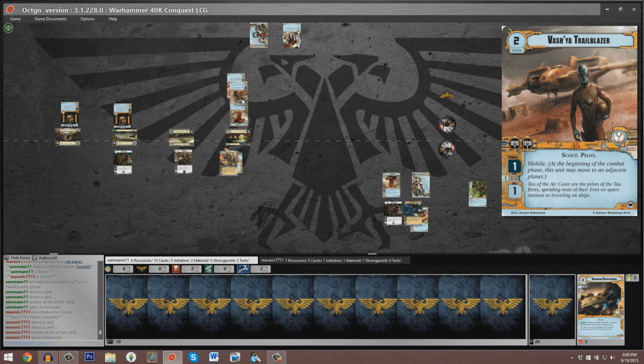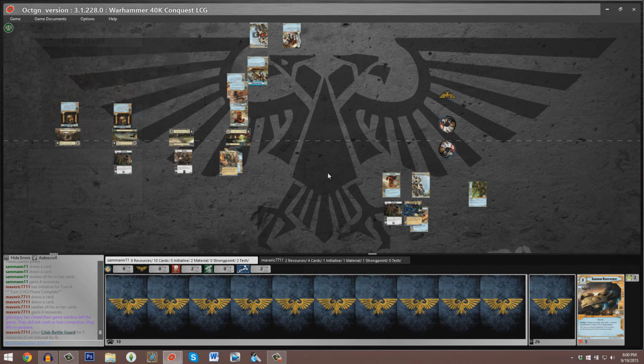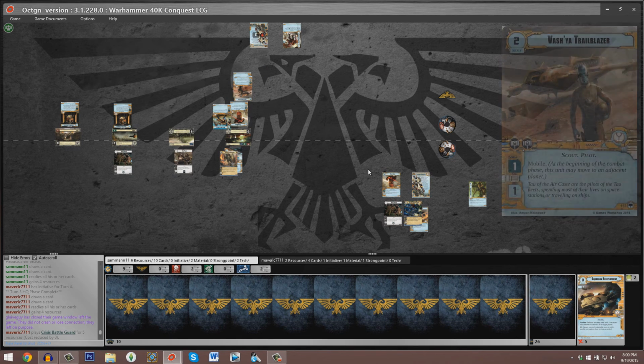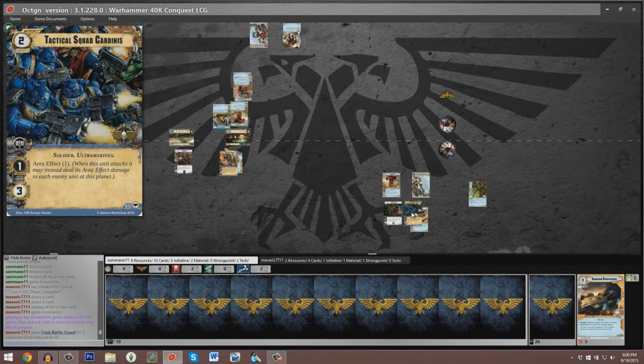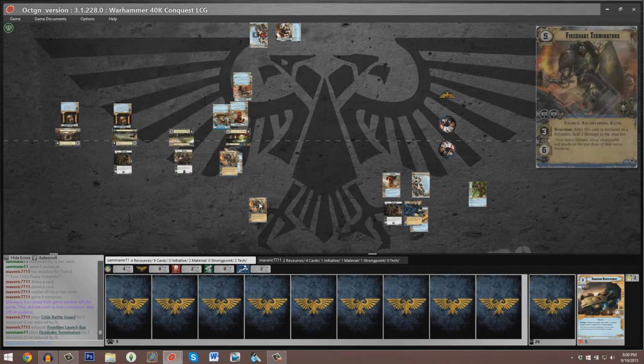Certainly this is a powerful unit, this Vashia Trailblazer, but presuming that Sam is going to be going to the first planets, that area effect 2 isn't going to be able to wipe out this entire army. Sam's tactical squad will survive, and if it can survive until the end of the first round of combat,